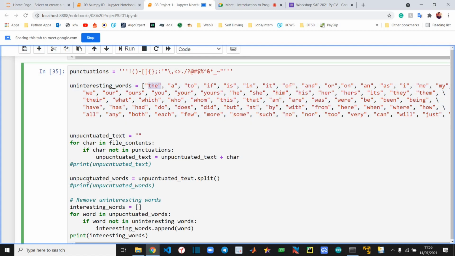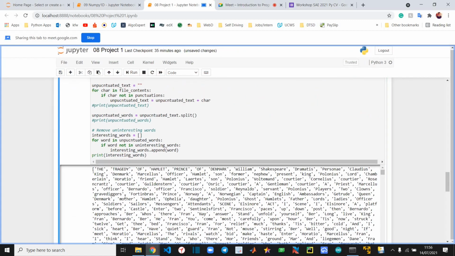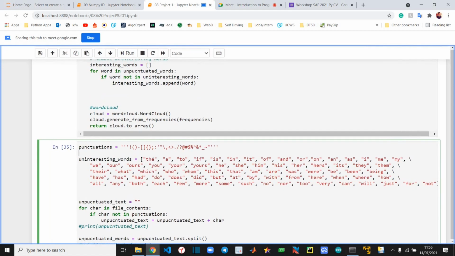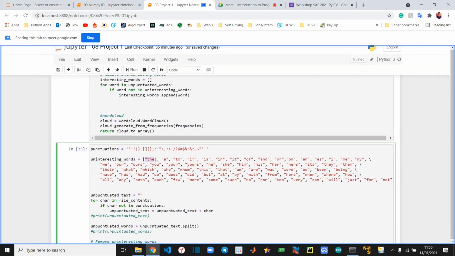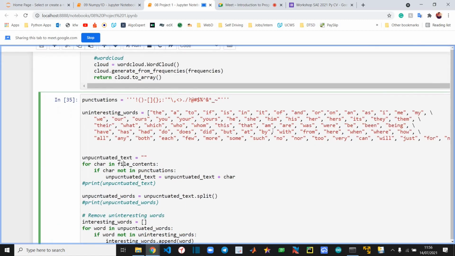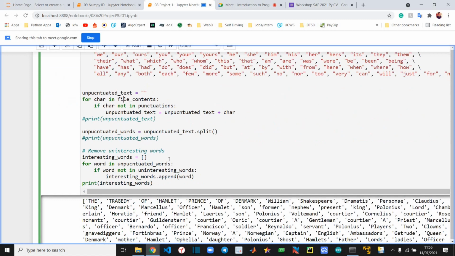You can see that we still have "the" here, but this is uppercase "The" and this is lowercase "the". What we can do is define uppercase "The" here, but I don't think that would be very efficient because there may be other combinations, and for all these words it will be very cumbersome.